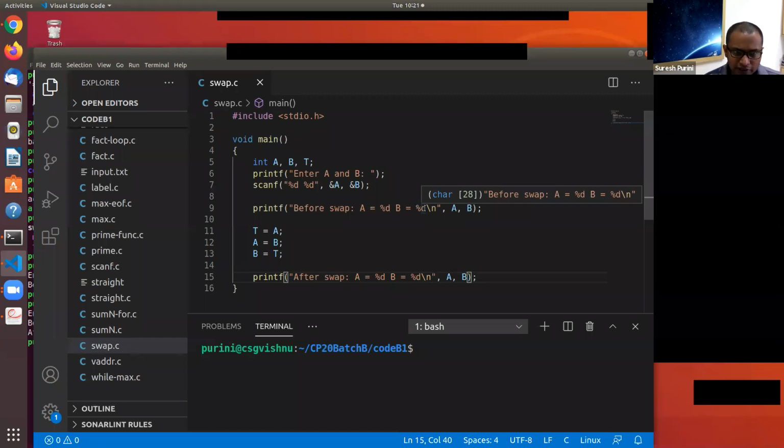So the problem here is the logic for swap is perfectly fine. The problem though is we use swap many times as a subroutine or as a function in a bigger logic.